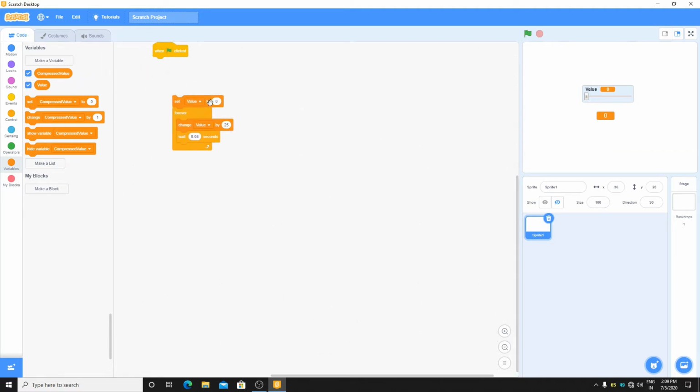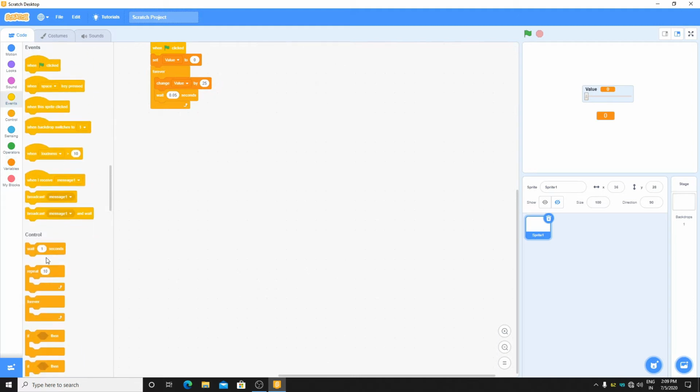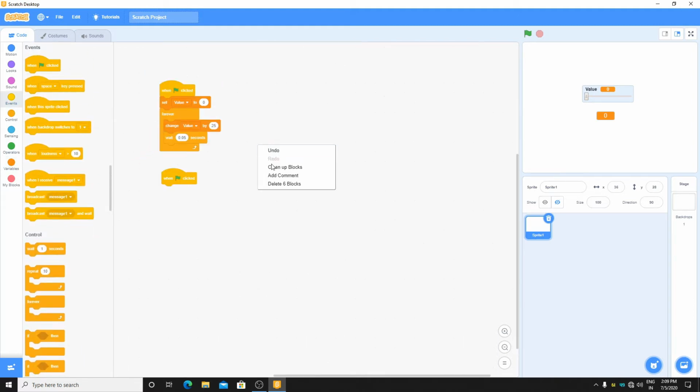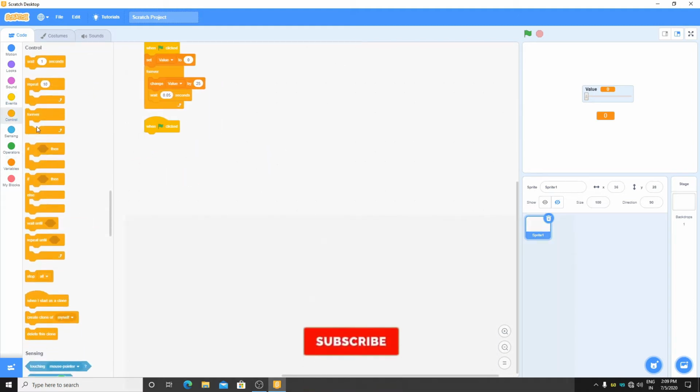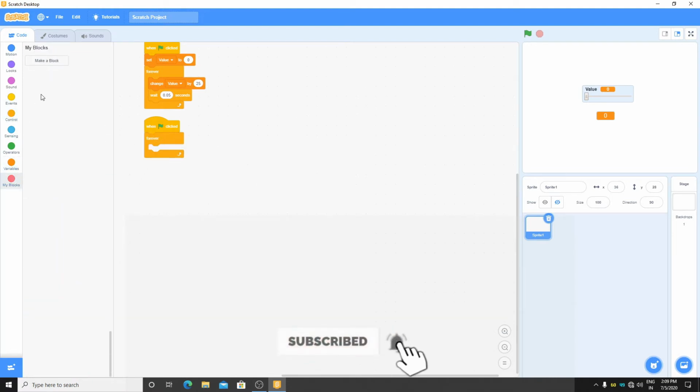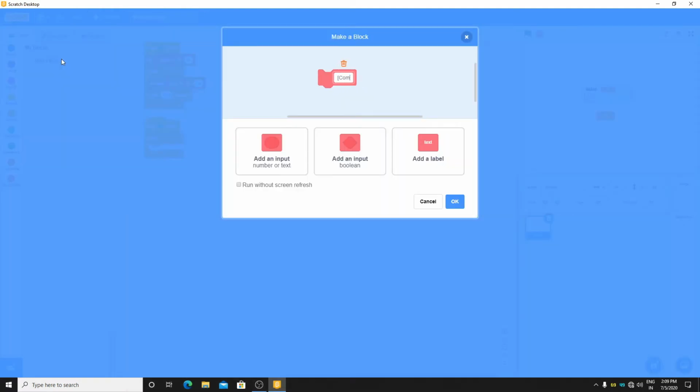If you want, you can remove this hide. Then also put another when the green flag clicked, forever, and then make a block called compressor. Then put the value here, then value, or put here the greater than.